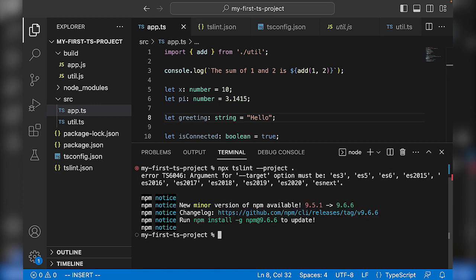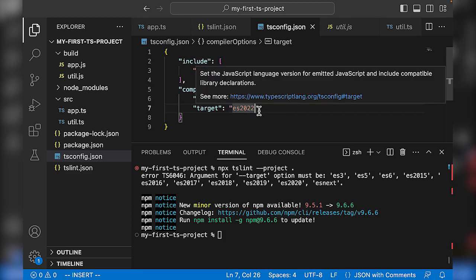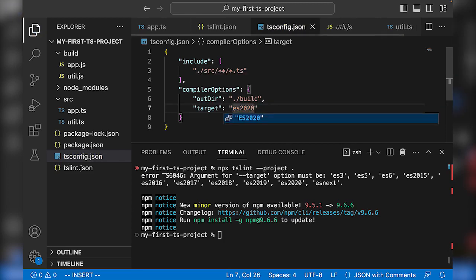And if we hit enter now, the first thing we'll see, and by the way, you'll want to take a look at this, is that it says error TS blah, blah, blah, right? That's generally one of the formats that TSLint errors will take. And you'll see that it says argument for target option must be, and it only goes up to ES2020. All right, now all that this means is that TSLint doesn't like our target being so high,